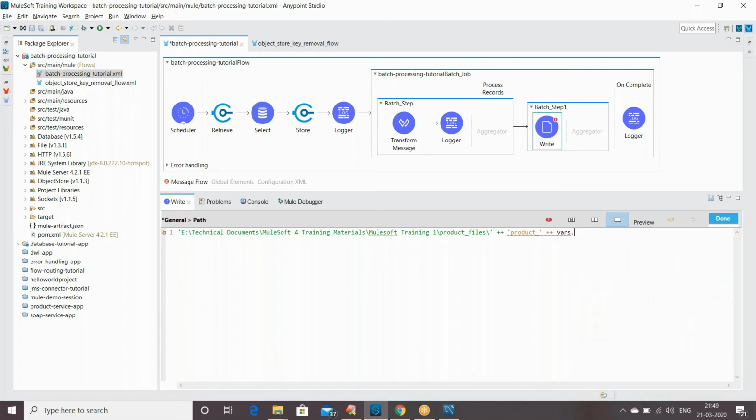vars dot. Okay, something is wrong. I'm not doing it correctly. Why is it not taking it? Okay, let's add this again here. Instead of creating differently, I will add it like this: product underscore, and here I'll say this. Now this is correct. This product id var is nothing but my product id which I got created